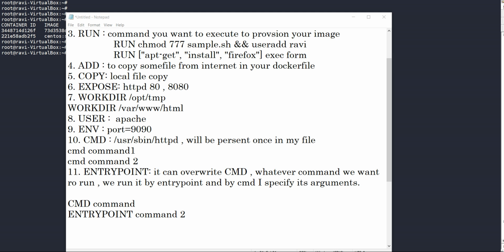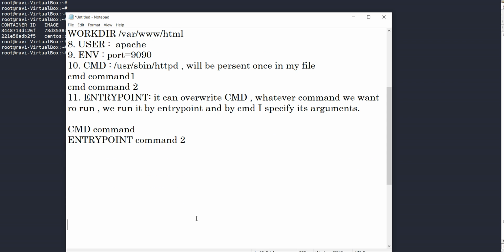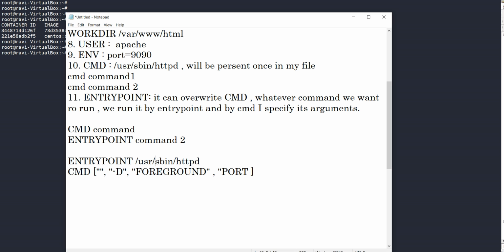you can remember one thing. Suppose I run this command, CMD /usr/bin. I can run the CMD command in this form also. Or suppose I have a port parameter here also. So I can do one thing: the static part of the command that will always execute, I can transfer to ENTRYPOINT, /usr/bin.